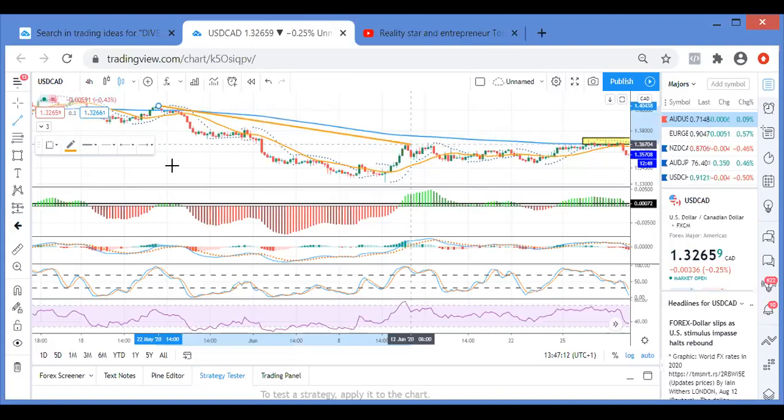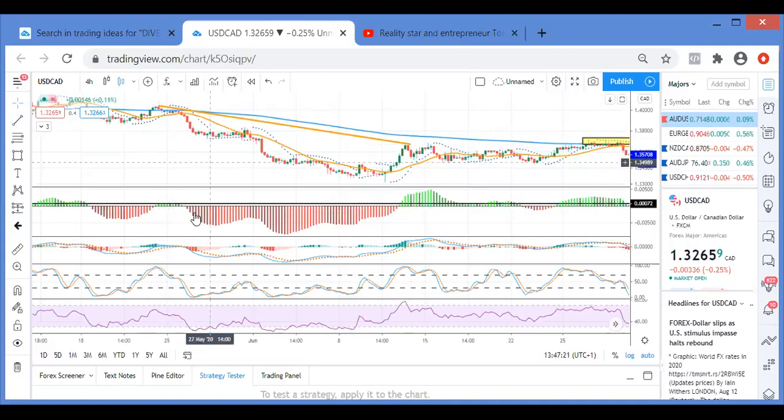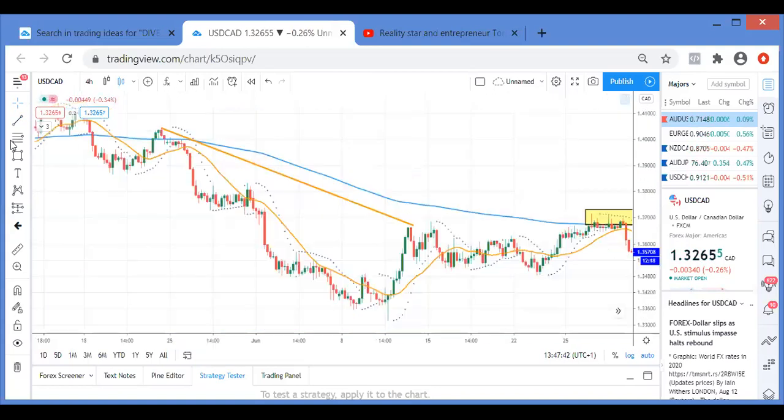So look, can you see? You have this high. How do we know it's a high? Green. And the next high after this high is where? Green. This high. But can you see how on the market this high is lower than this high? Yes. On the MACD, can you see how this high is higher than this high? What is that? Hidden divergence.